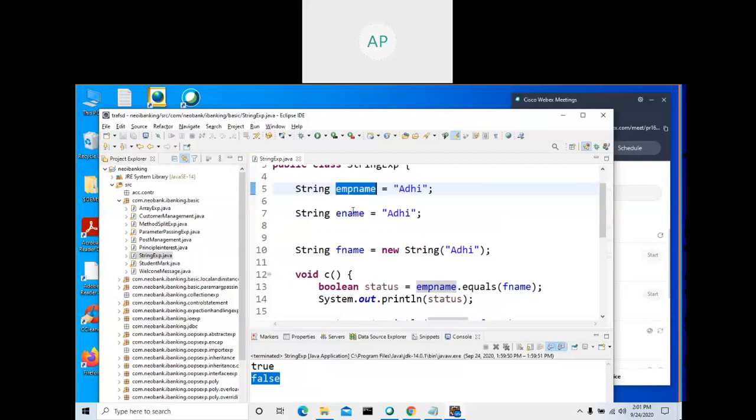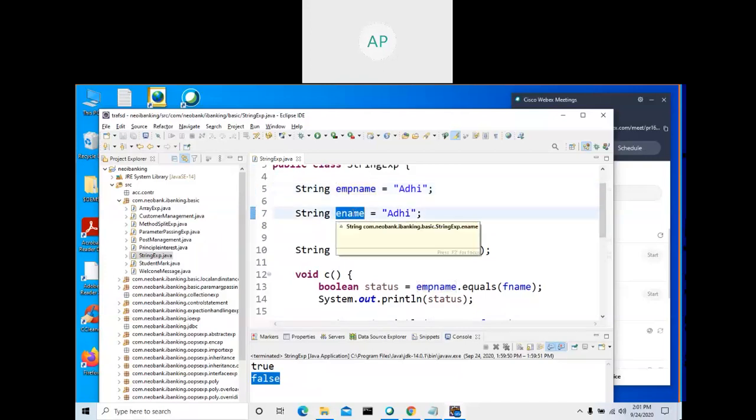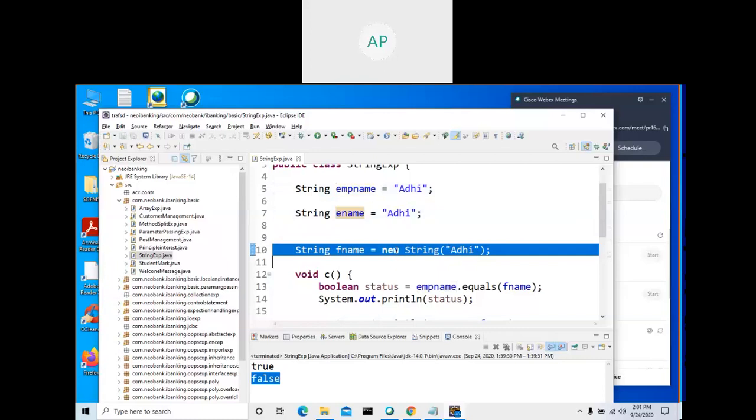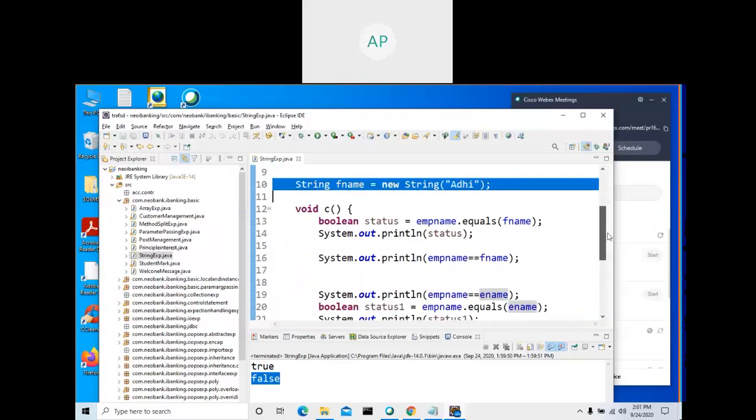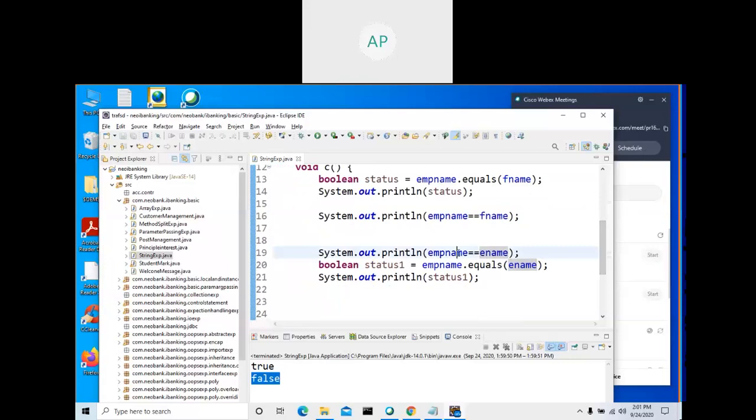So this and this content are the same, so only one object will be created for both lines. Both of these variables will point to the same address. If you read the content on the internet, you will understand. Whereas this one, because of new, won't be created in the string constant pool. It will be created in new memory, in the heap memory. So that is the difference.